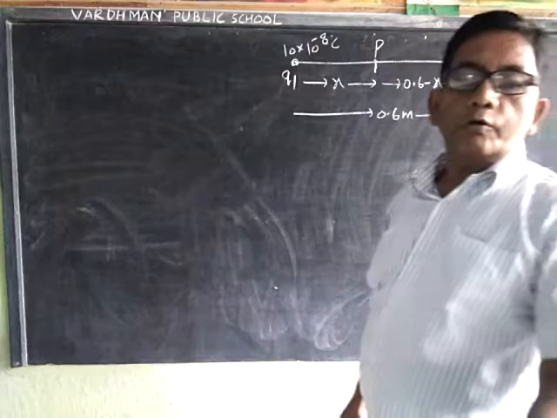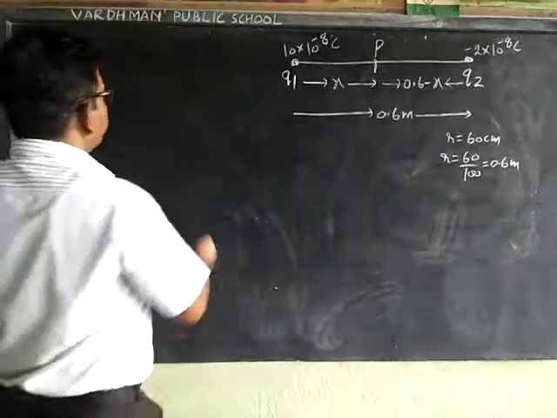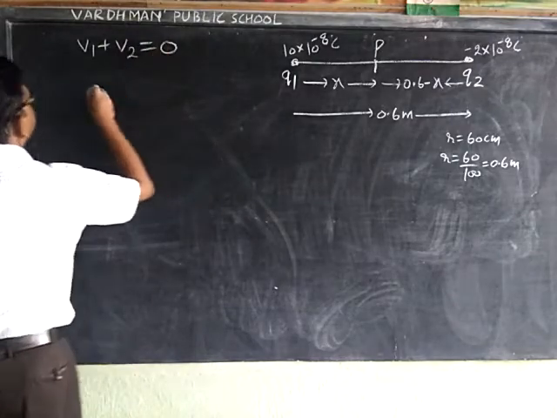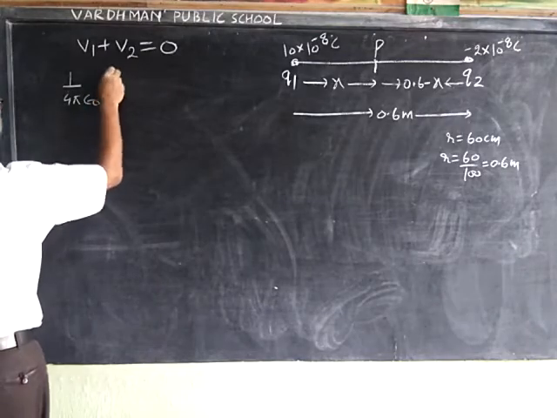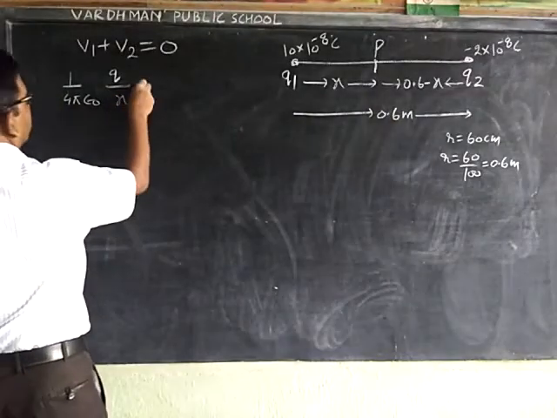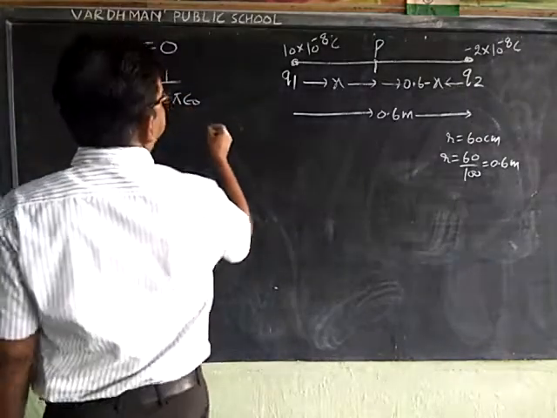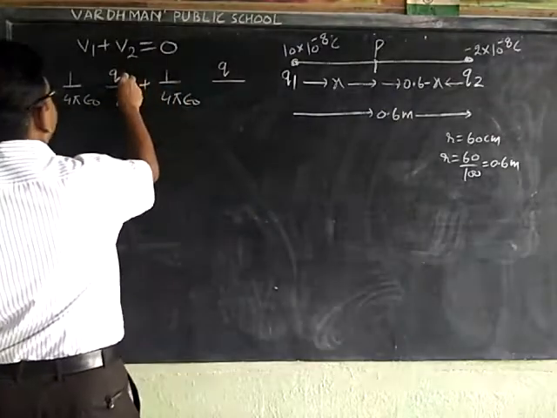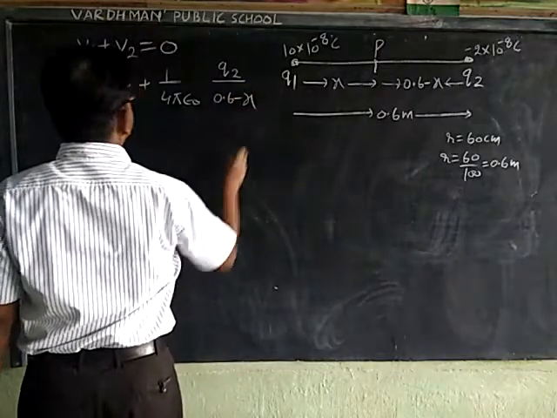Now we know V1 plus V2 is equal to 0. V1 is 1 upon 4 pi epsilon naught q1 upon x plus 1 upon 4 pi epsilon naught q2 upon 0.6 minus x